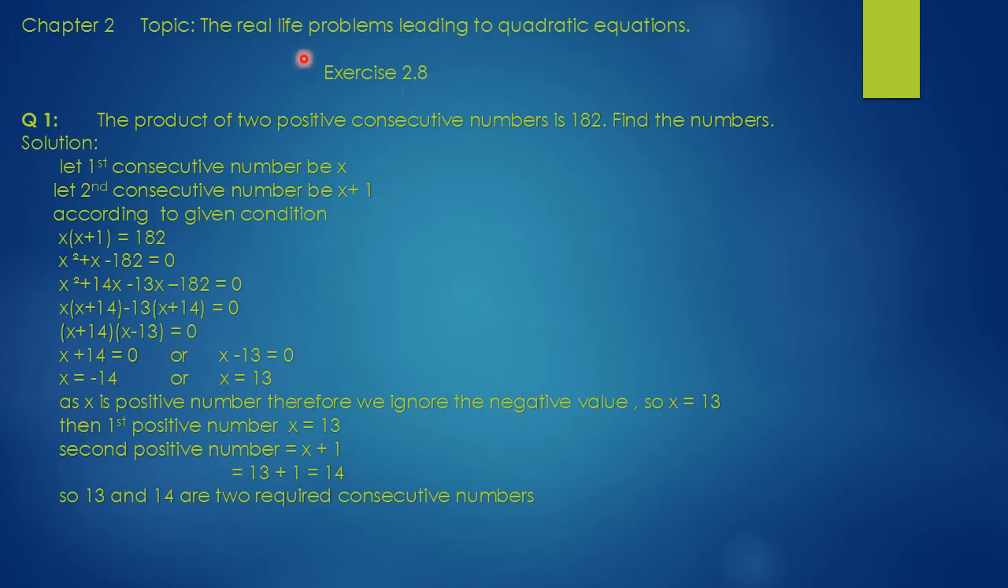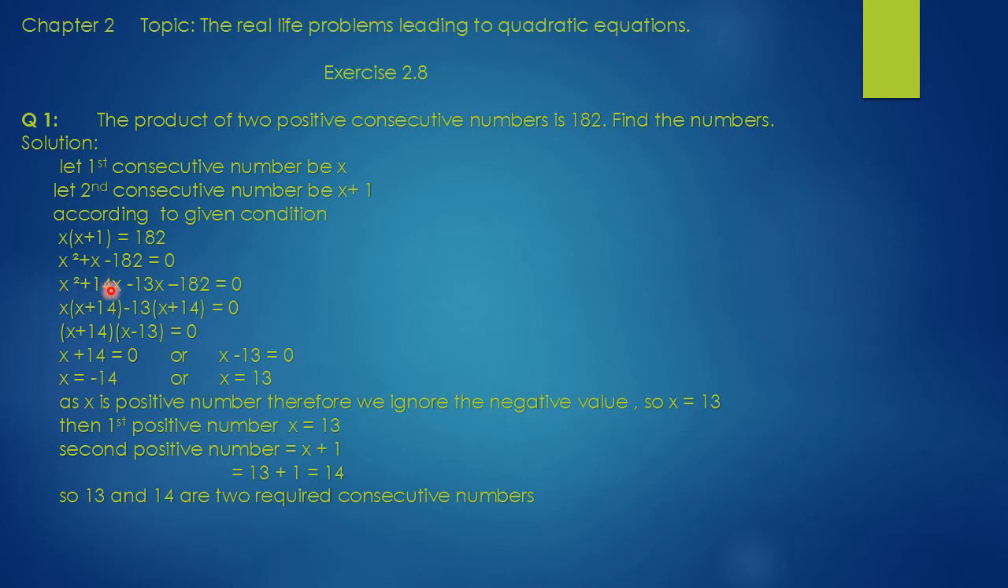Exercise 2.8 topic: the real life problem leading to quadratic equations. Question number 1: the product of two positive consecutive numbers is 182. Find the numbers. Solution: let first consecutive number be x, let second consecutive number be x plus 1. According to given condition, product x into x plus 1 is equal to 182, x square plus x minus 182 is equal to